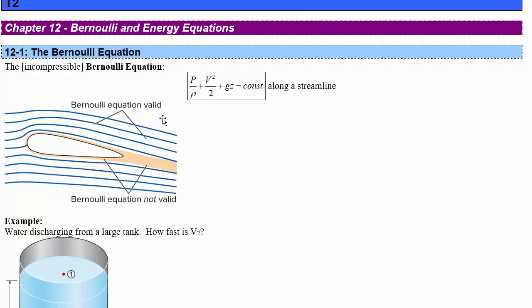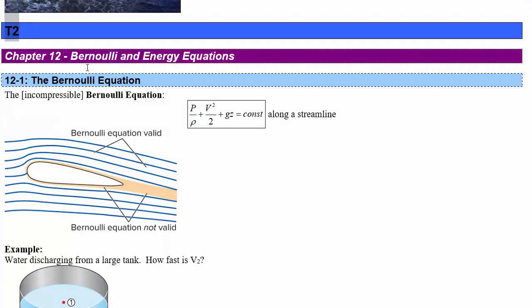Hi, and welcome to Engineering Physics 3004, topic set number 2, where we talk about the Bernoulli and energy equation in chapter 12. So the incompressible Bernoulli equation is this: pressure divided by density plus velocity squared over 2 plus g times z,